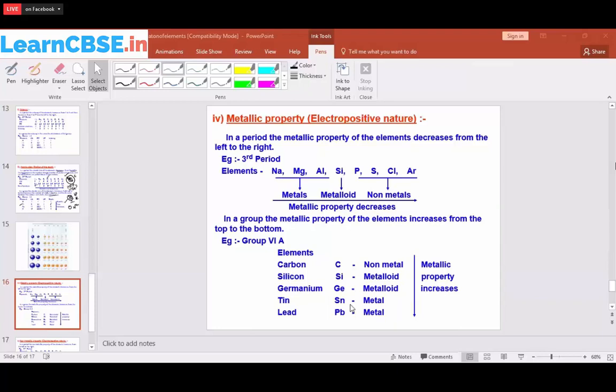Now, as we know, sodium, magnesium, aluminum, silicon, phosphorus, sulfur, chlorine and argon. In this case, we are taking the third period. Sodium, magnesium, aluminum are metals. When we are moving along, slowly the metals become a metalloid and then the non-metals, because